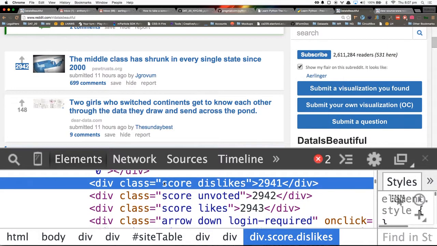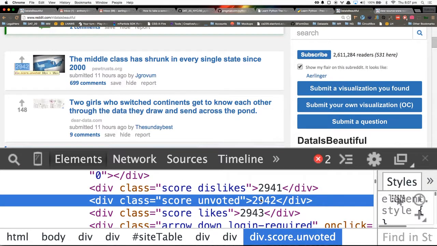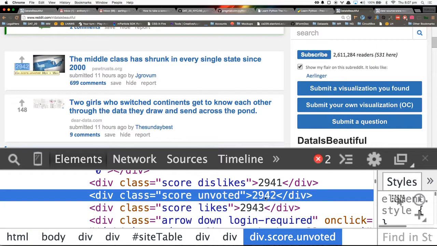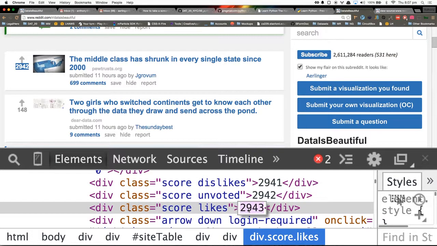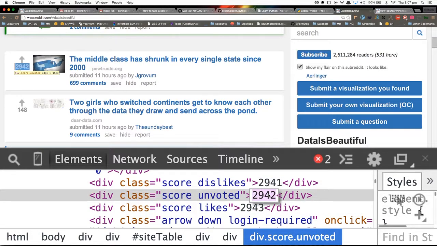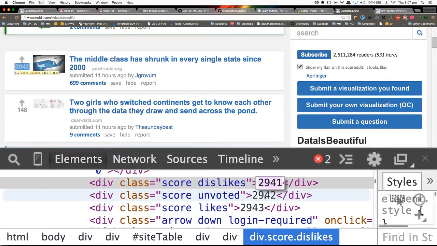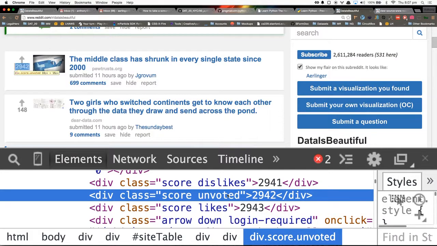So interestingly enough, we see score dislikes 2941, score unvoted, score likes. So basically, I think what we're really looking for is this one. I think that these look suspicious. In other words, I guess when you like it, it'll go up to 2943, and when you dislike it, it'll go to 2941. So the unvoted one is 2942. I didn't design the page, but